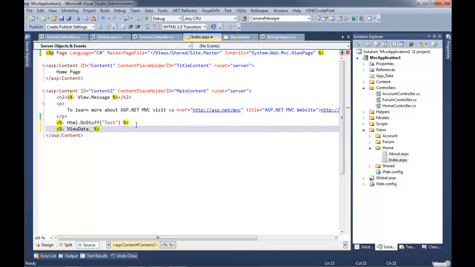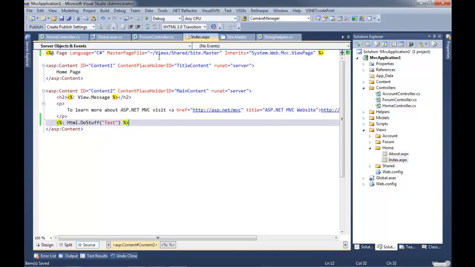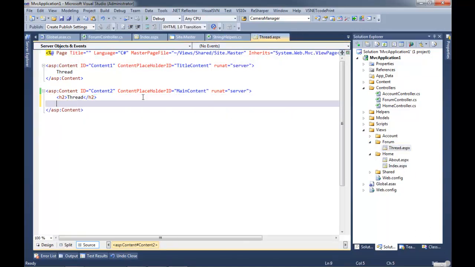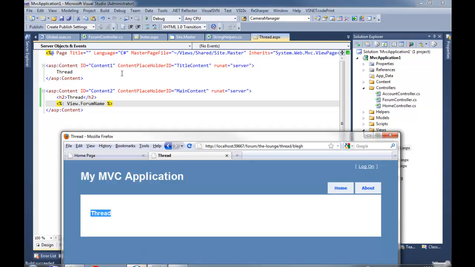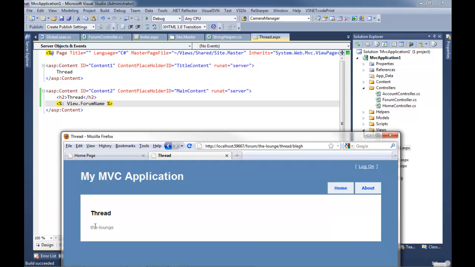Okay, so it's View.Message, and I'm in the wrong view file. Yeah, thanks. So we're doing View.ForumName. It recompiled because we edited the controller, not because we added the view. And then refresh, and we'll get a nice The Lounge.